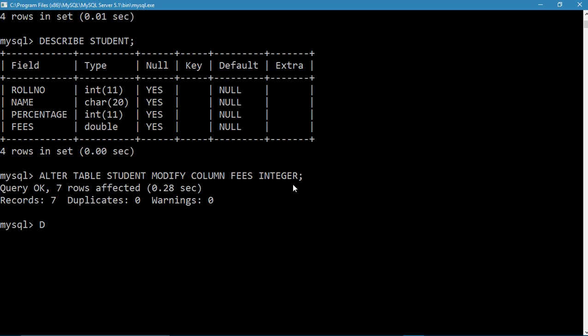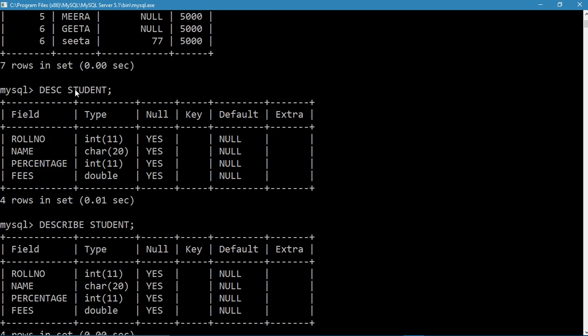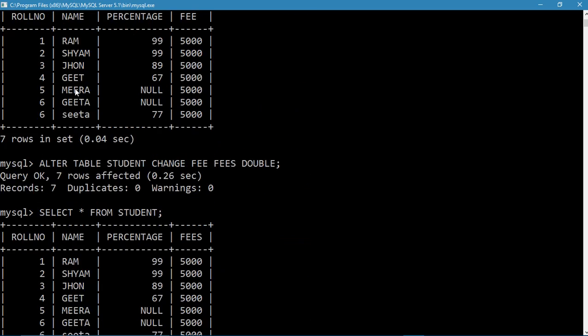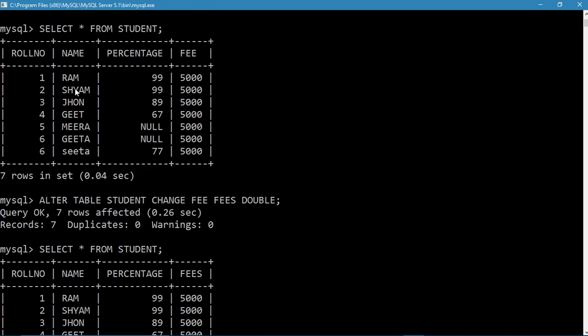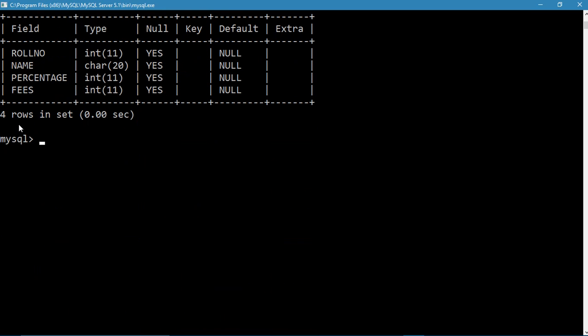Now describe student. Fine, now you can see fee data type has been changed to integer. It was double, and before that it was float. I have not described that particular type of table.